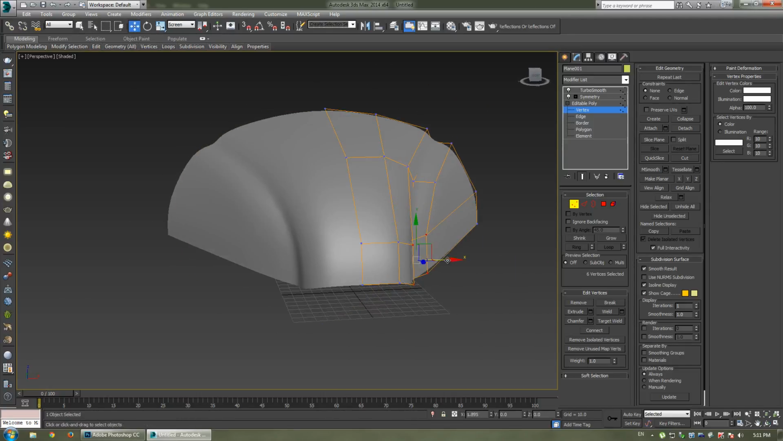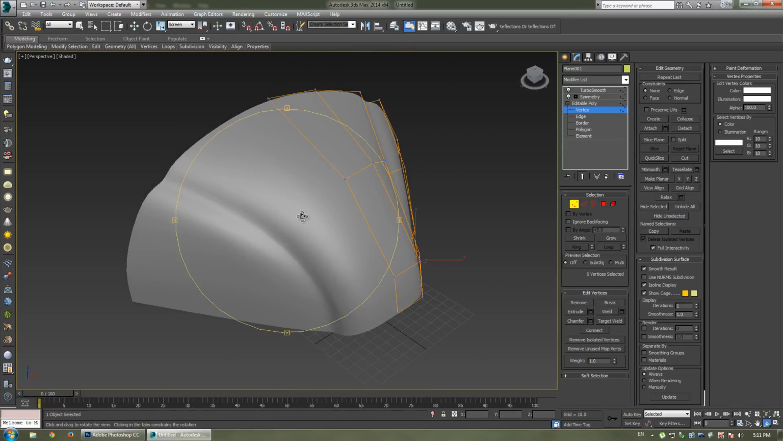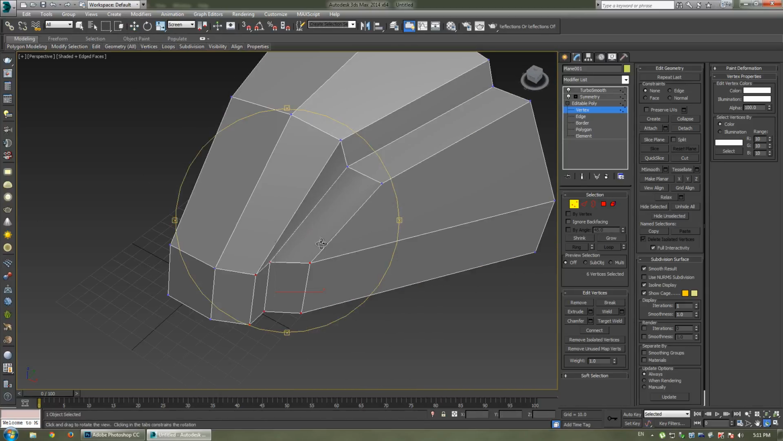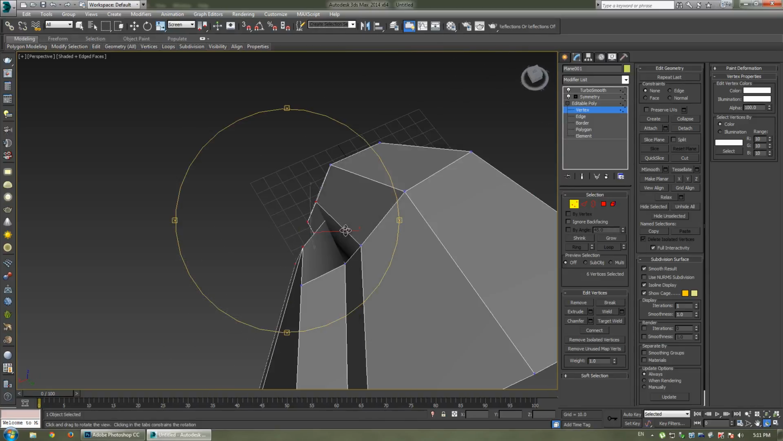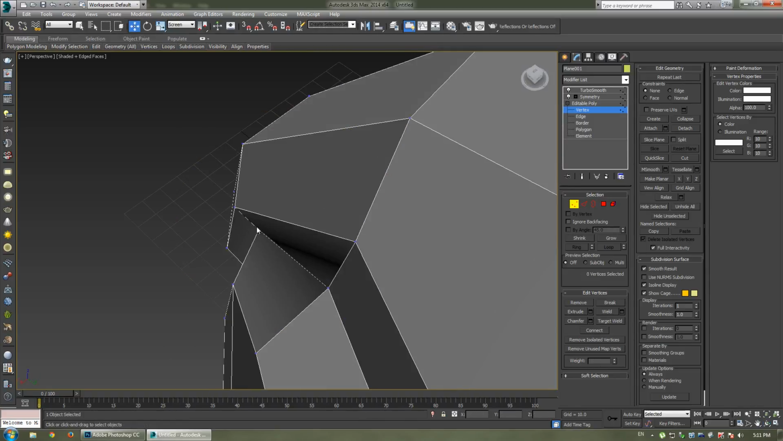So I've dragged these in, and you can see now we're starting to get something that looks a little bit more like a hard surface shape. But the problem is now when I've done that is I've readjusted the distribution of polys so that